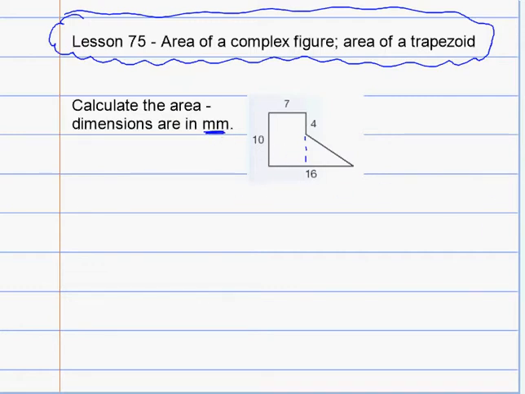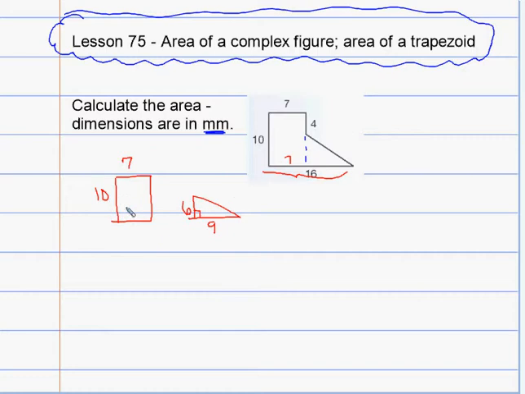So basically what I made here is a rectangle with dimensions 10 by 7 and a triangle that used to be 16 down here, right? This whole base was 16, but if this is 7, then this side is 9. And over here, we need to find this height. The height of the entire rectangle is 10, but I know 4 of it is here, so this piece would be 6. And there's a right angle there because I drew perpendicular down,